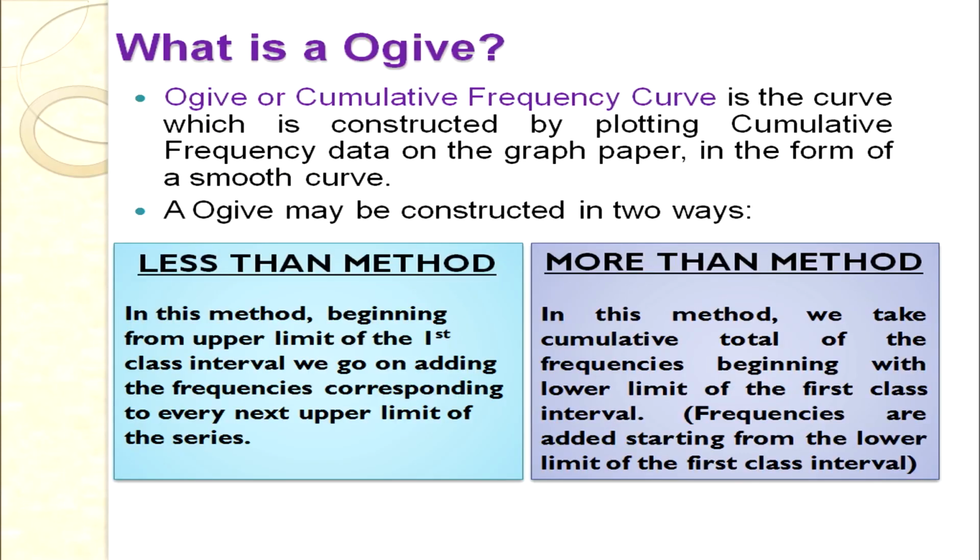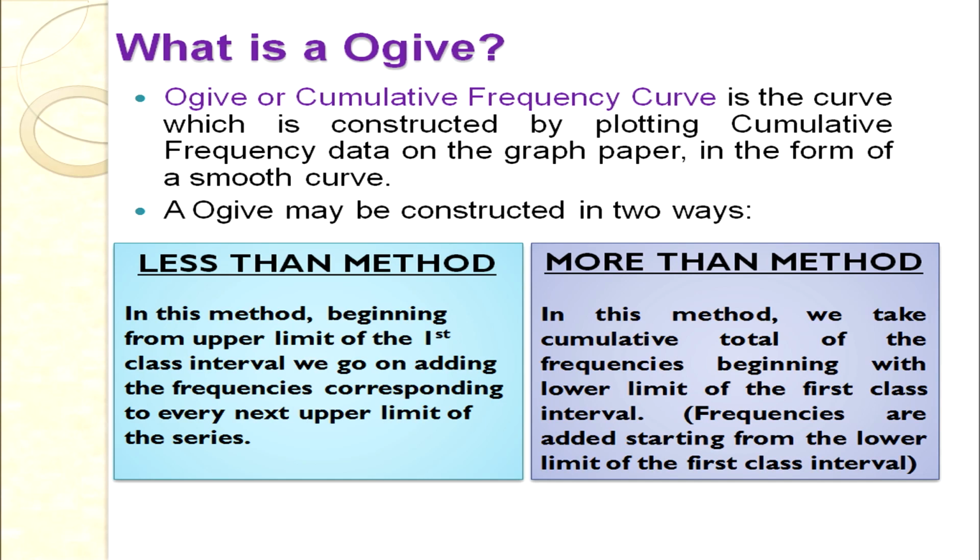Now students, we have learned all the steps. We can discuss cumulative graphs. When we talk about cumulative graphs or cumulative frequency curves, they are often known as ogives. An ogive is the curve constructed by plotting cumulative frequency data on graph paper in the form of a smooth curve. Students, note the point: for the frequency polygon, we used a scale or ruler. Over here, we are going to join by smooth hand, so we are not going to construct straight lines in the case of ogives.